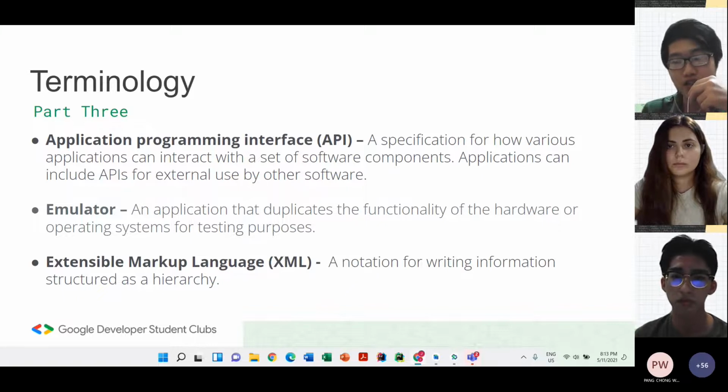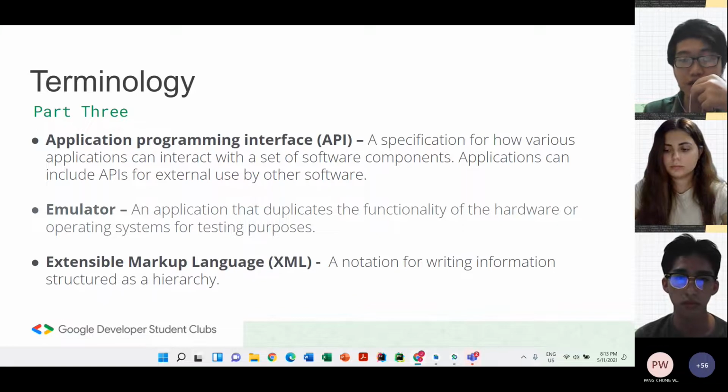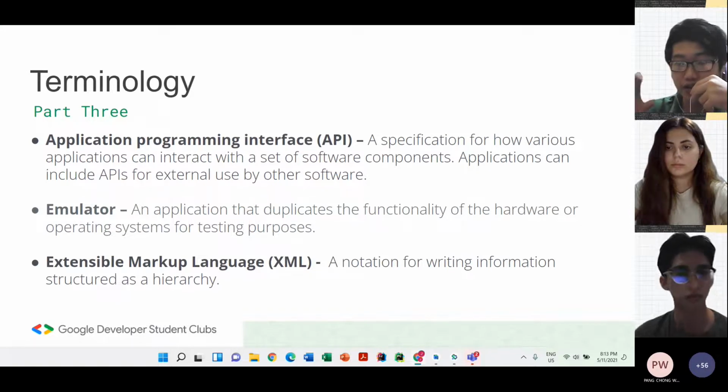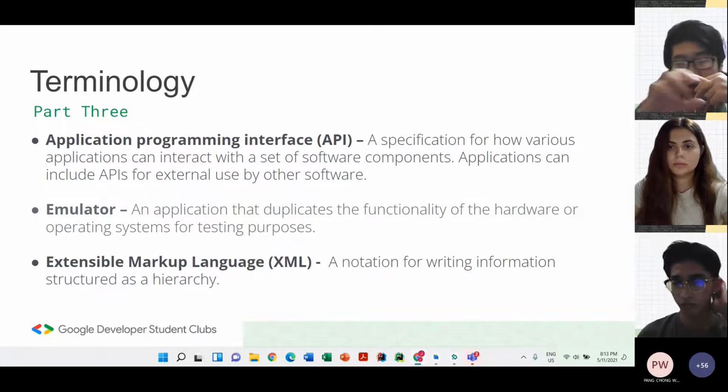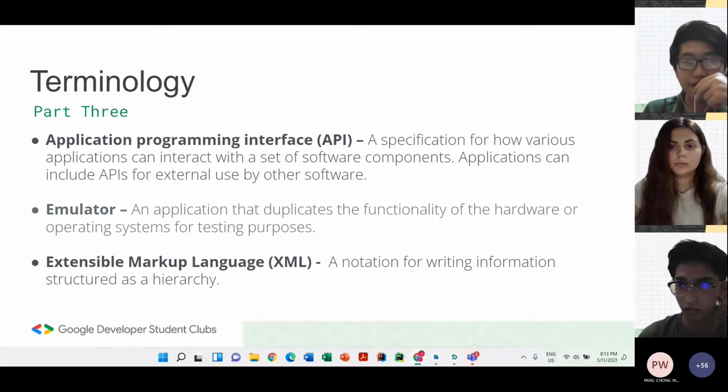If we take the analogy of building a house, SDK will be the groundwork and all the pillars that you build up so that you have a house. And API will be the extra features you like in your house, like aircon, solar panel, or even water heater. So API is more function specific compared to SDK, and you can have multiple APIs built on a single SDK.